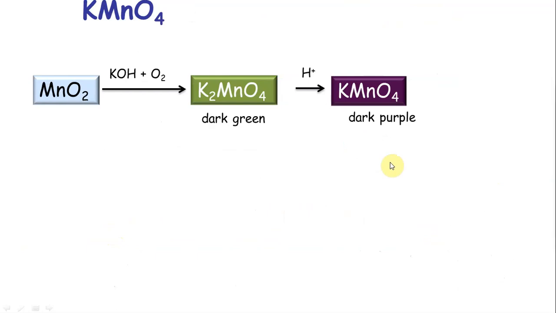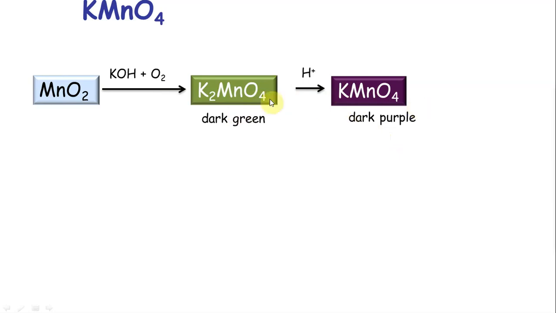Next is KMnO4. Just as important as K2Cr2O7 is KMnO4. This is a synthesis that's rather short, but you want to remember this species, the first one. This is manganate, this is permanganate. The first step converts MnO2, manganese dioxide, into manganate. This is plus 4, gets oxidized to plus 6, which gets oxidized to plus 7. The manganate is dark green, permanganate is dark purple. Permanganate is an extremely good oxidizing agent. You can use it as an antiseptic and also as a diluted solution for mouthwash and washing wounds if you don't have any other antiseptic available.